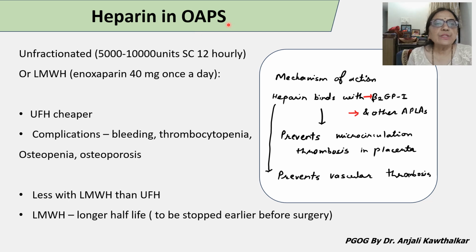Heparin in antiphospholipid syndrome: as you all know, we have two preparations available, either unfractionated heparin or low molecular weight heparin. Whenever we give unfractionated, the dose is 5,000 to 10,000 units subcutaneously, given on a 12-hourly schedule. Whereas for low molecular weight heparin, the commonest preparation, one example, is enoxaparin, which is given 40 milligram once a